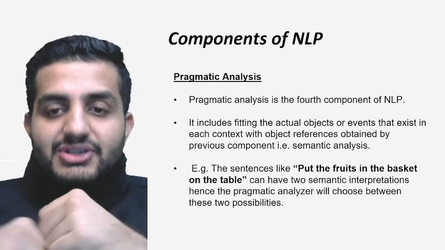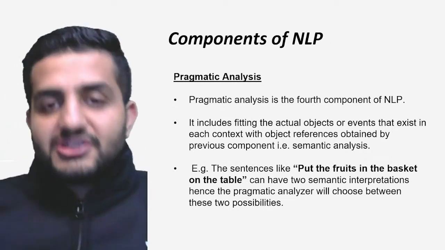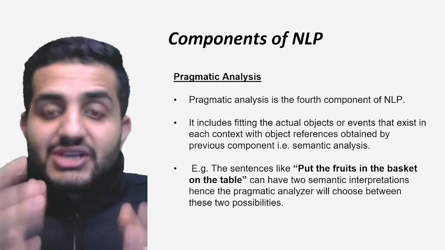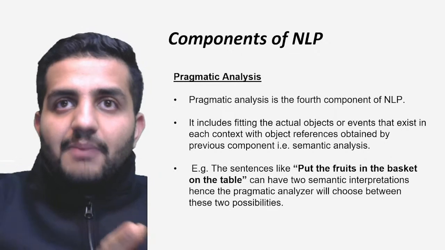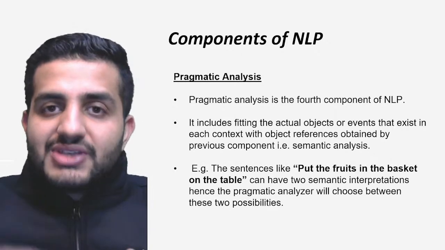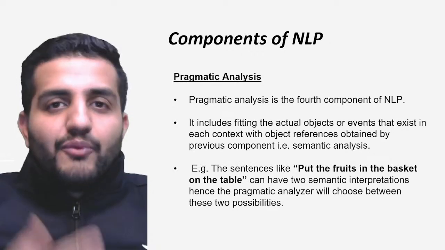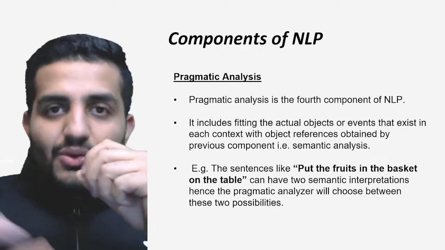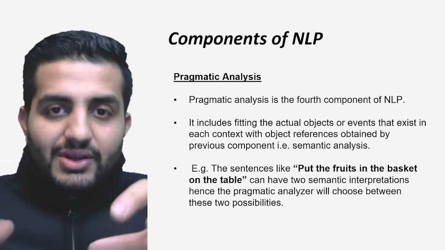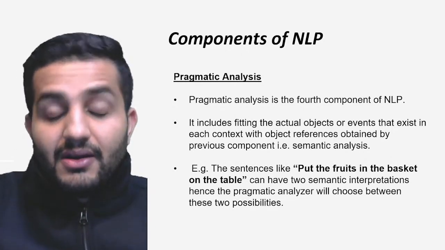And the semantic interpretation gives me two interpretations here, and the pragmatic analyzer is able to choose between these two possibilities, making the contextual analysis based on the context of my information. For example, I'm saying, hey, what a good movie, right? Then I will say, hey, the movie was not that good, right? So I'm trying to understand the context of my information. That is where I'm doing this pragmatic analysis. So at the very end, we are trying to understand the context of the things I say.